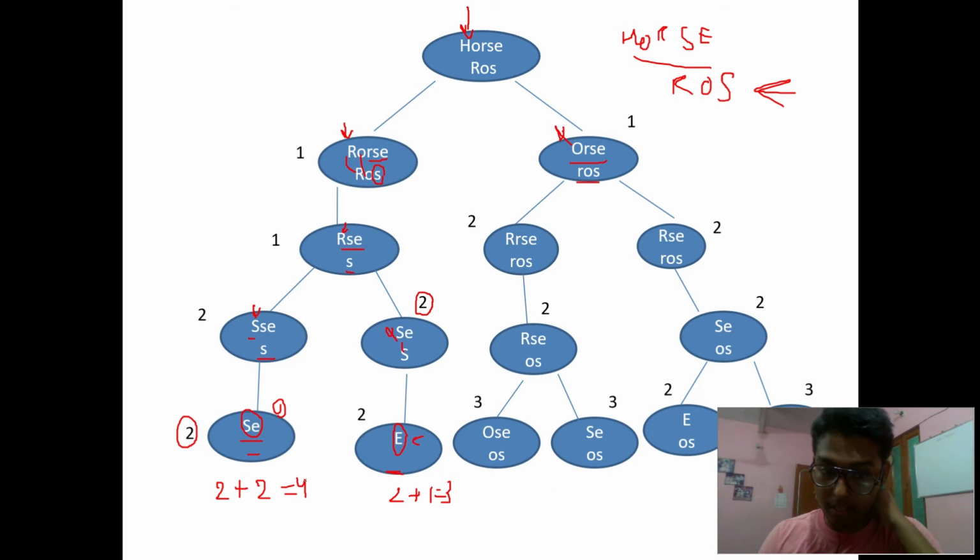This is smaller than 4, so that's why our answer till here is 3. Now, as you can see here, for ORS and ROS, O is not matching with R, so I need to replace or delete. I have replaced O with R here and deleted O here. So we are left with RSC, and here we are left with RRSC.